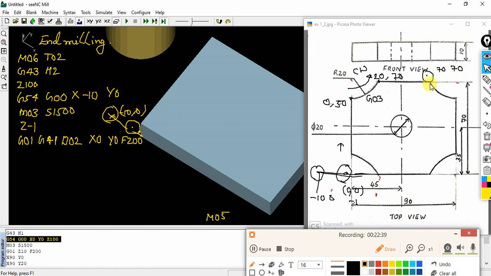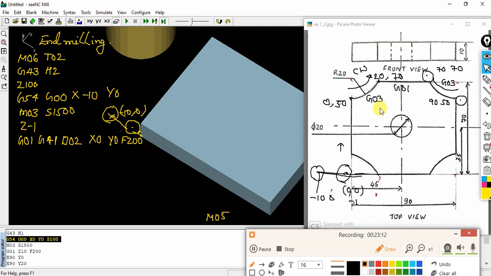Here it will move with linear interpolation, that is G01. Again it will have circular interpolation with G03. To move to this point, X will be 90, Y will be 70 minus 20, that will be 50. Linear, circular, linear, circular: they alternate.